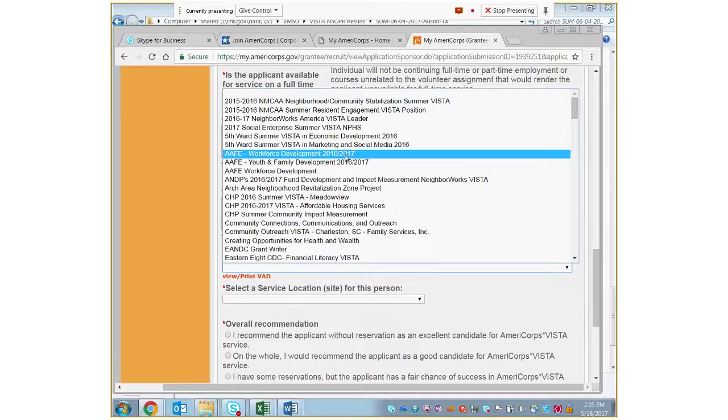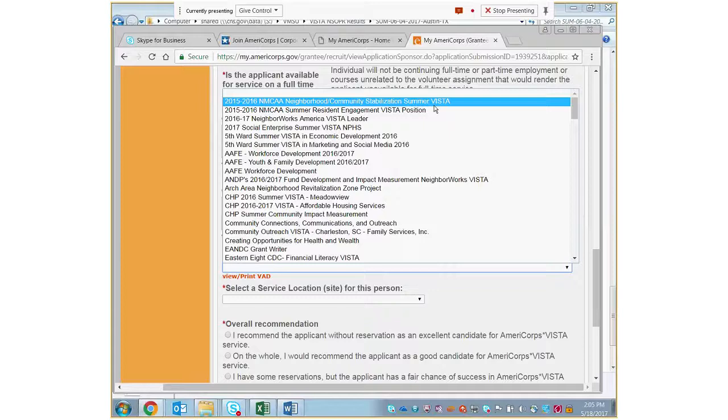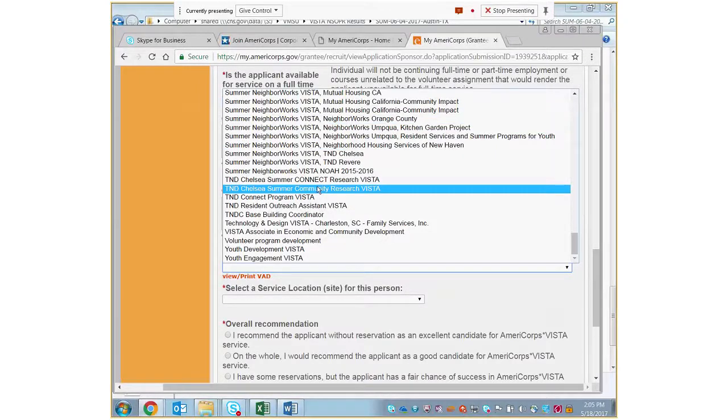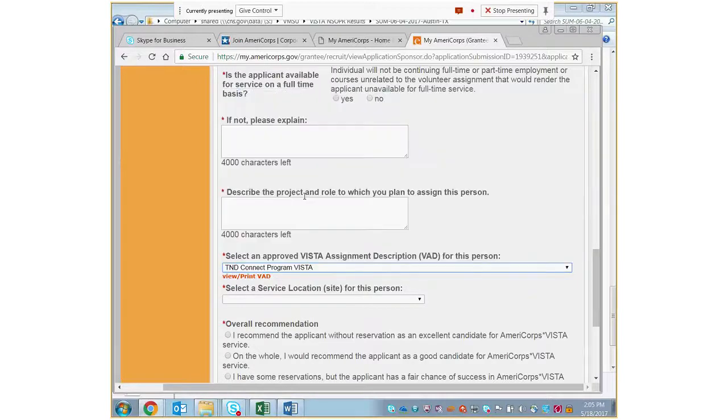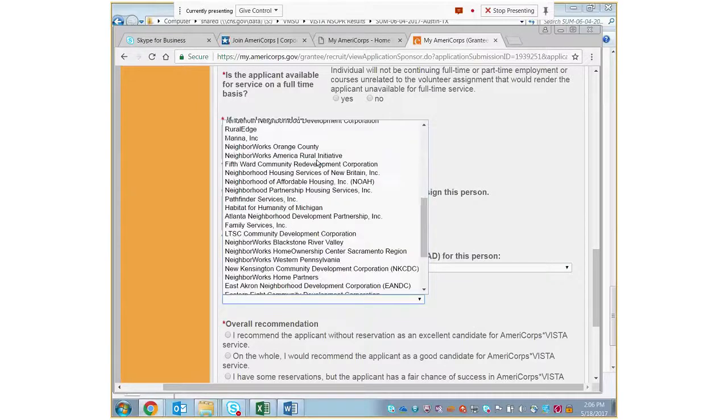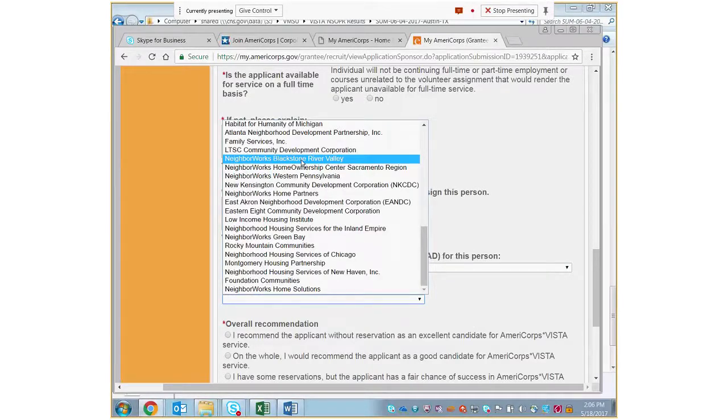So that will make it easy for you to scroll through this long list of VISTA assignment descriptions. Choose the VISTA assignment description that is for your organization. Do not be choosing some other organization's VISTA assignment descriptions. Only choose your own. And then you're going to choose your site, your service site. They should all be listed here in this drop-down box. All of your sites will be listed here.